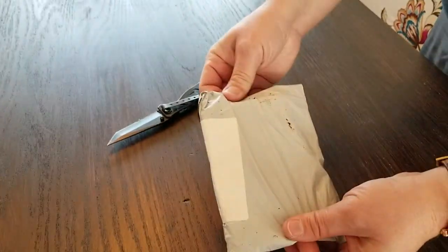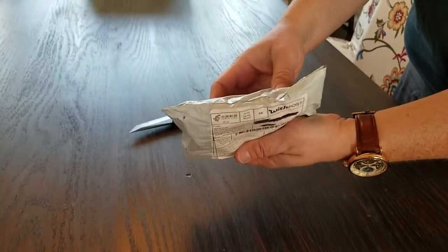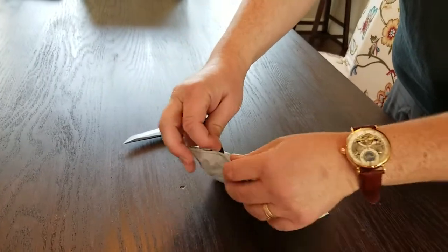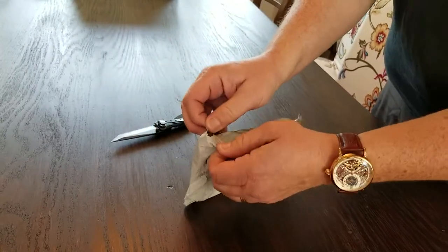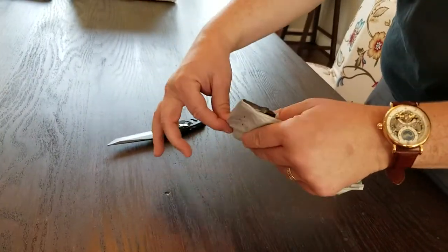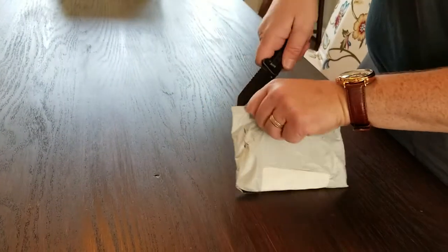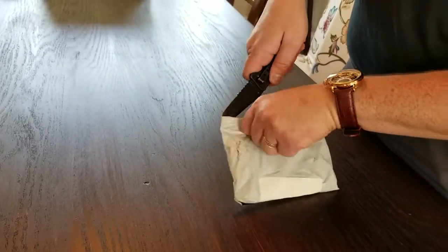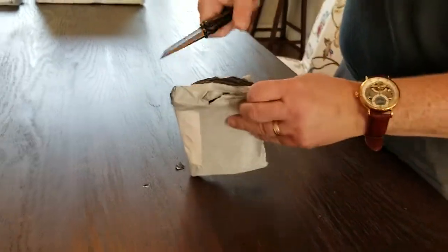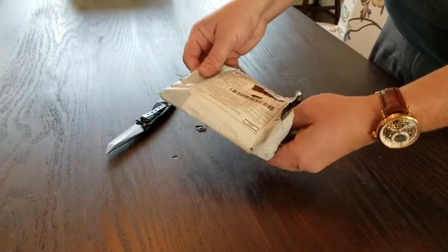So let's see here. As you can see, the shipping label that's lovingly applied by packaging professionals in China covers up the loop here, the envelope loop. So, as always, I really enjoy cutting this part of the package because it just seems like a reasonable thing to do. And given that I am an amateur unboxer, that's all I really know. So we're going to begin to gently cut this wrapper